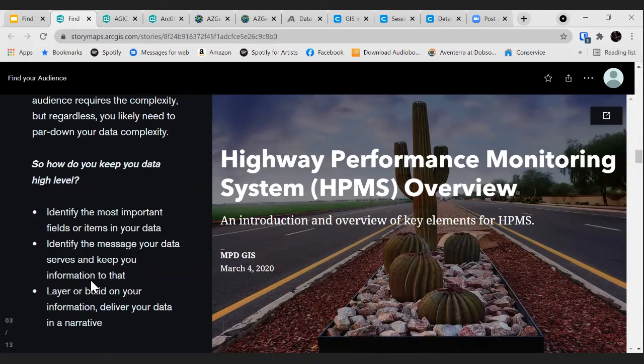So how do you keep your data at a high level? Or how do you keep the information associated with your data at a high level? Firstly, identify the most important fields or items in your data. So what are the really big things that you need to know in order to get what you need out of the data? If you're looking at bridge condition to pull from the last example, what are the big things you need to know? If I were identifying, you need to know the condition of the bridge or the quality of the bridge or something like that. So it's identifying those key fields that you need